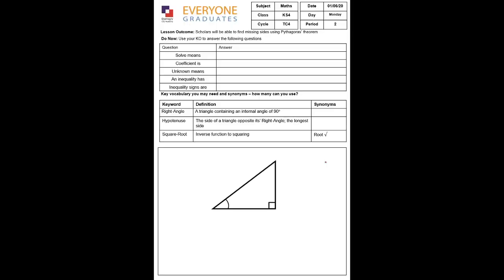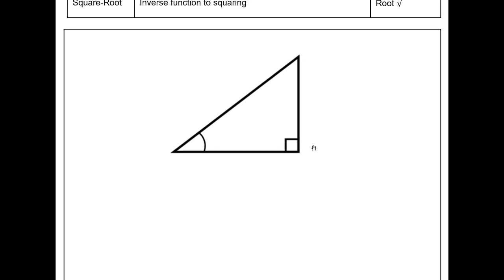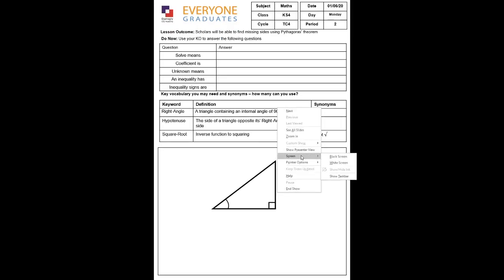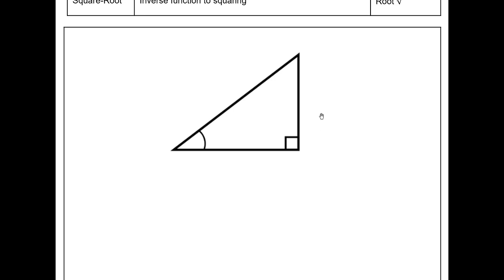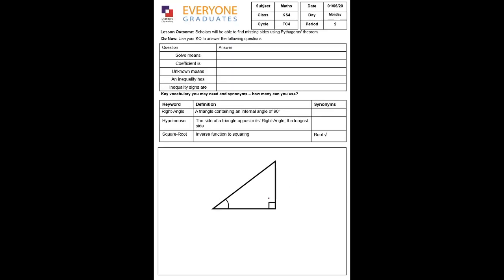Okay, so let me zoom back in. So here's my example. It's not going to let me use the pointer zoomed in, so I'm going to have to use it zoomed out. Okay, so if we were to say that this triangle had sides